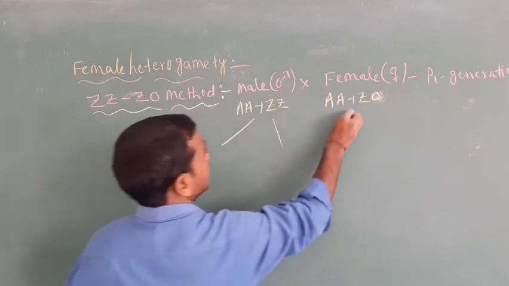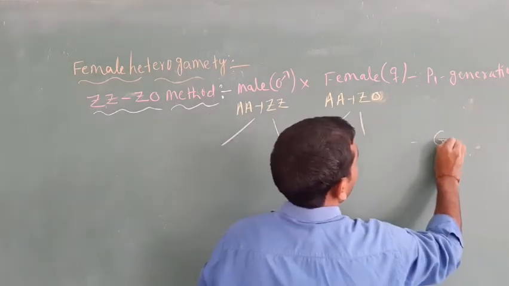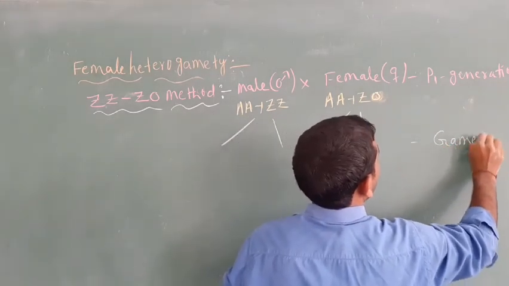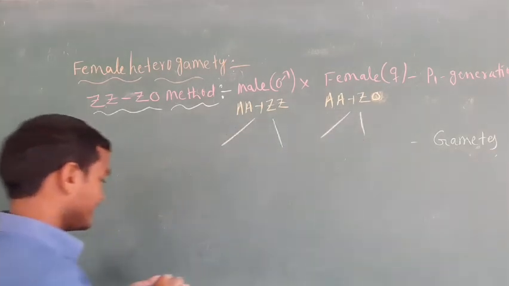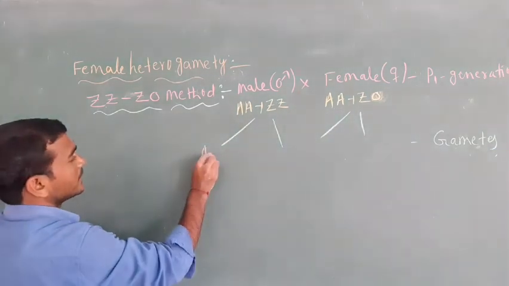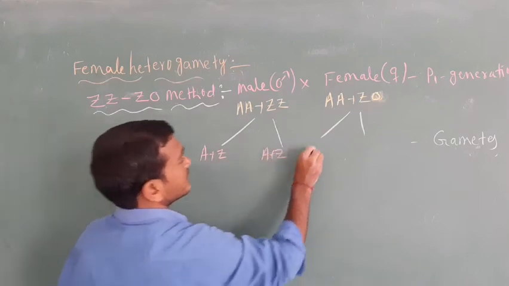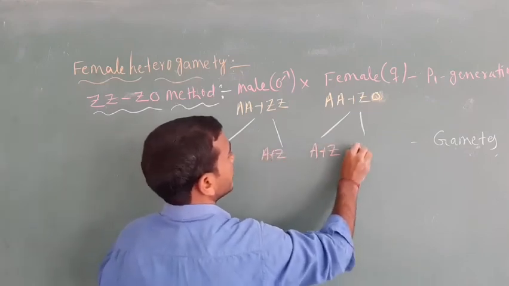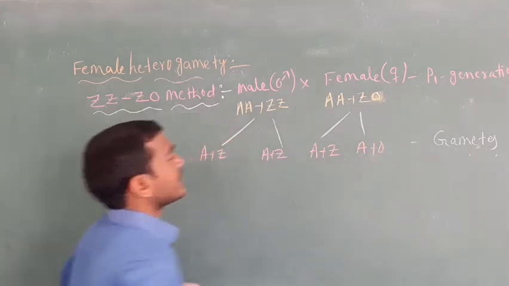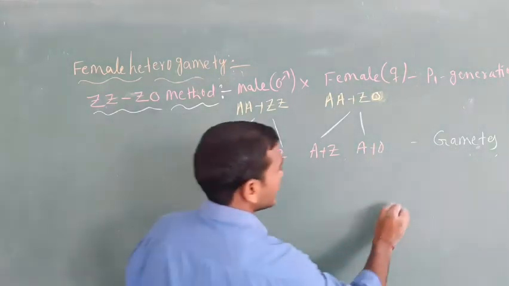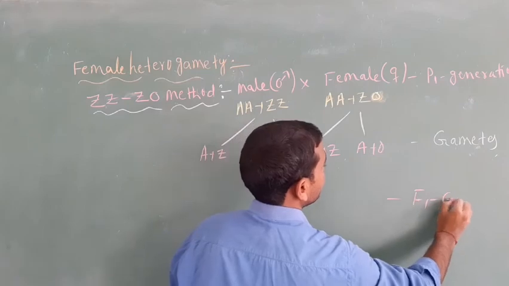Then afterwards the next gametes. In the gamete formation, what happened is autosomes plus Z, autosomes plus Z, autosomes plus Z, autosomes plus 0. Now we can observe the F1